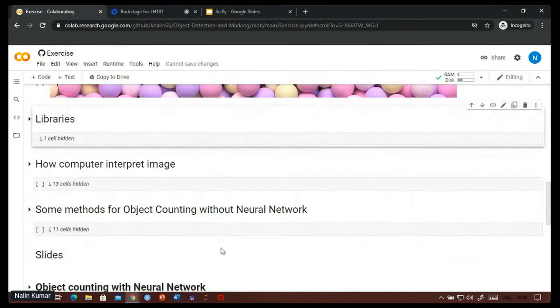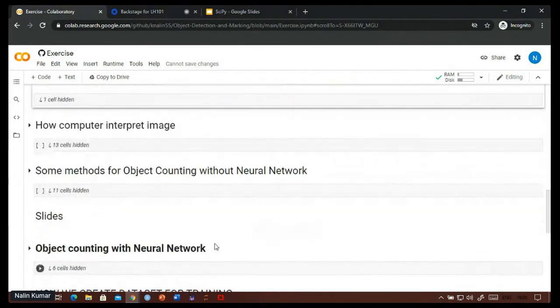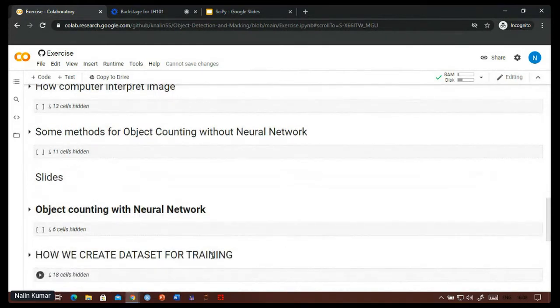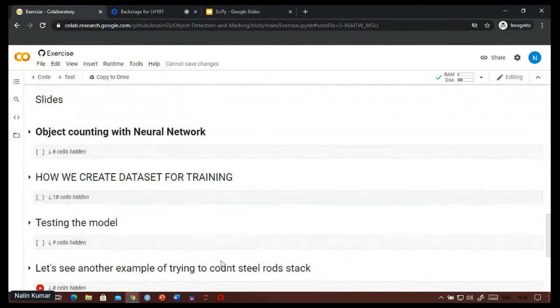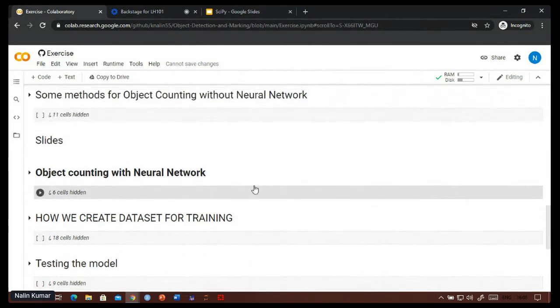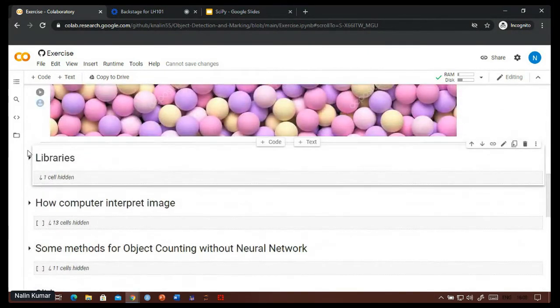Then we'll look at some methods to solve this problem of counting objects in an image without using any neural networks. After that, we'll do the same thing using neural networks. Finally, we'll see how to create the data set for such tasks, how to train the models, and then some testing. So let's start with the libraries.